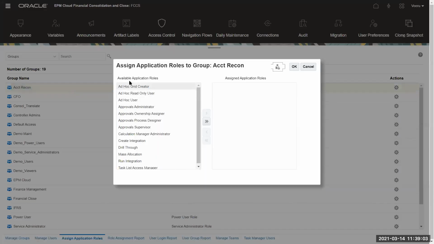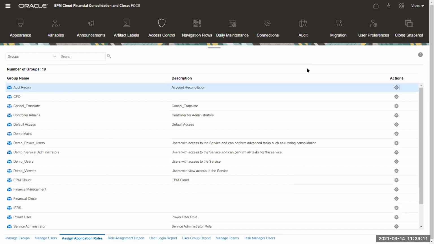Not to a user level, it can also assign to a group. So that way, that's easy to manage. Whenever you set up security, I would say create groups, assign users to the groups, and assign roles to the groups. That way, when a user leaves, you can remove the user from that group, and then that's done.